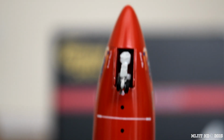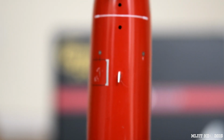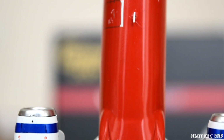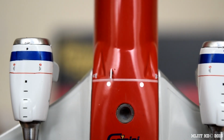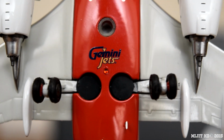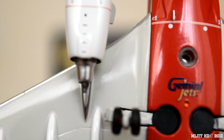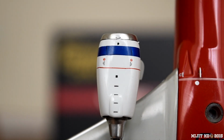Just bring this out a bit more. Alright. So we have the nose gear, first antenna, another antenna, hole for the stand, Gemini Jets logo, the main gears, two more antennas underneath the engine,